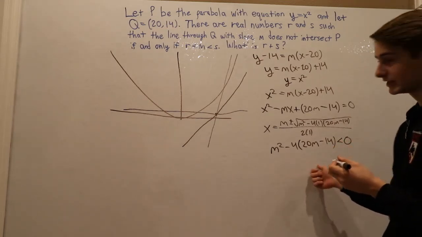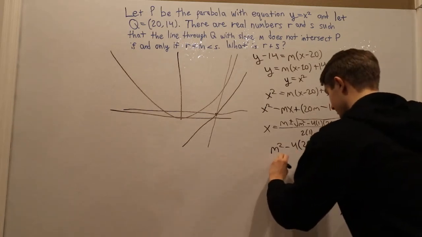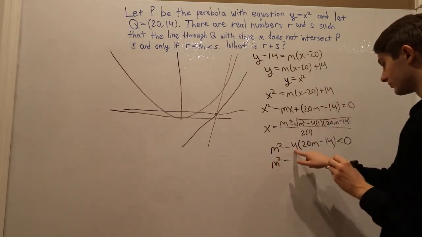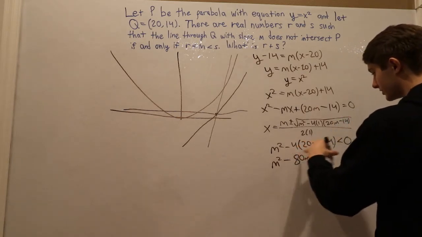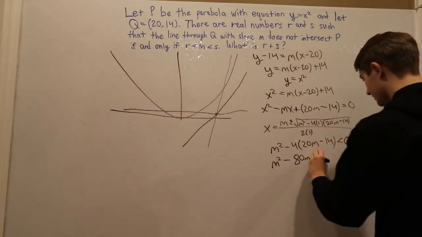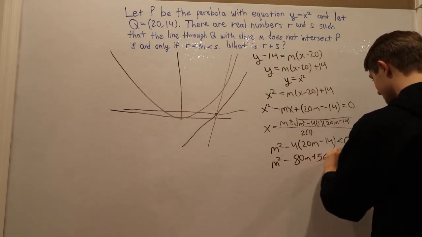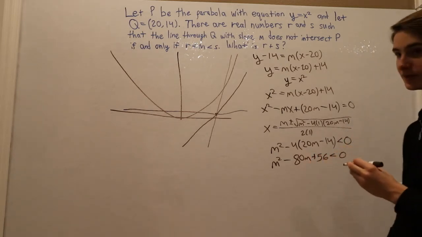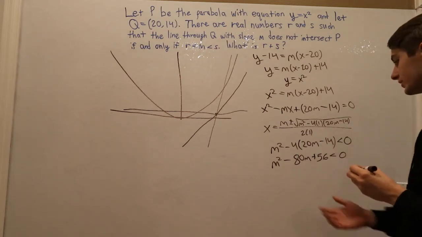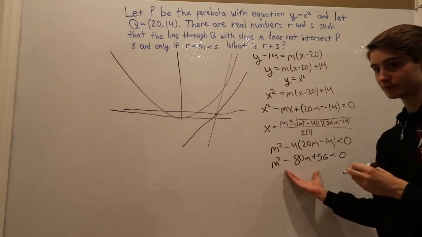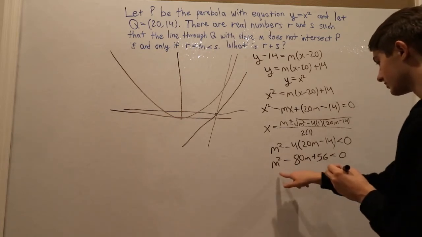Now let's expand this out a little bit. So we get m squared minus 4 times 20m is 80m, and then minus 4 times minus 14 is going to be plus 56. This is less than 0. Now, in order to solve this, we know that when we have a quadratic equation, we can always write this